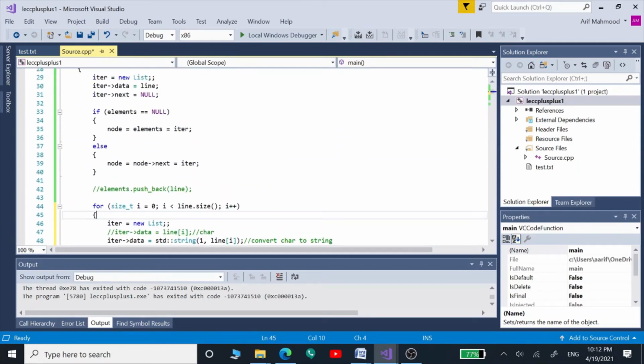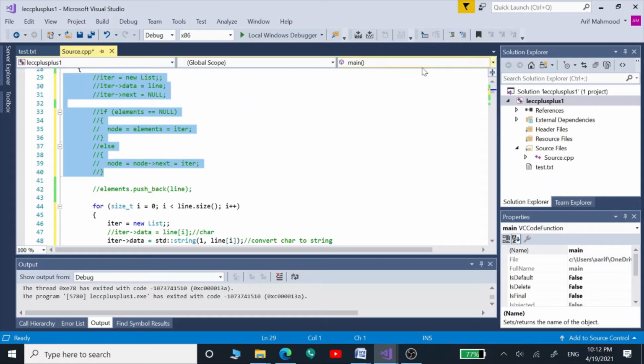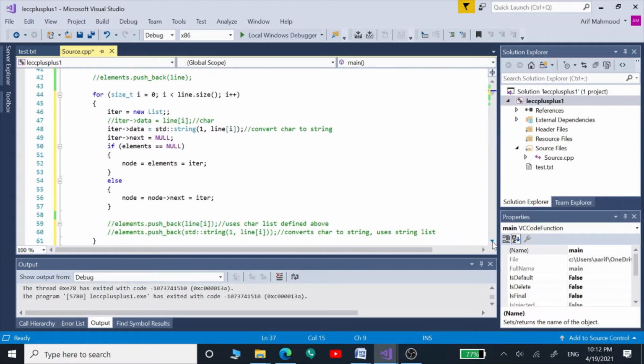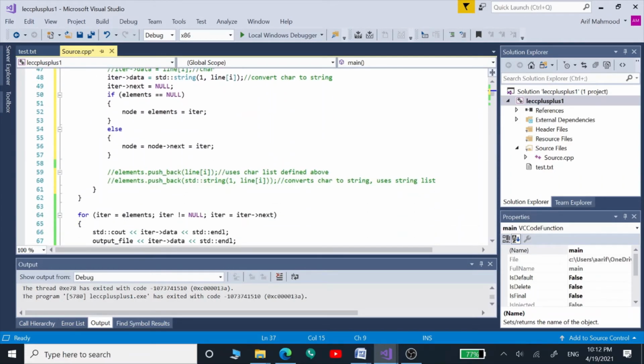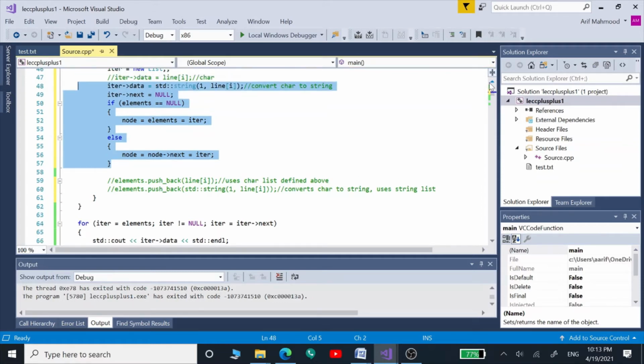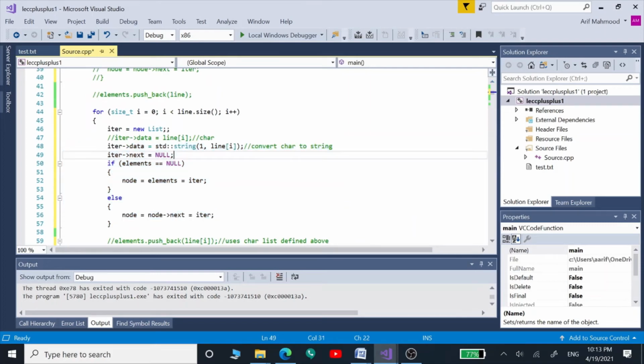We are going to skip these lines because we are no longer using them, and we are going to use the same list structure to store our characters inside our list. These are the same code lines, the way we define our own list, but some lines would change the way we store those.